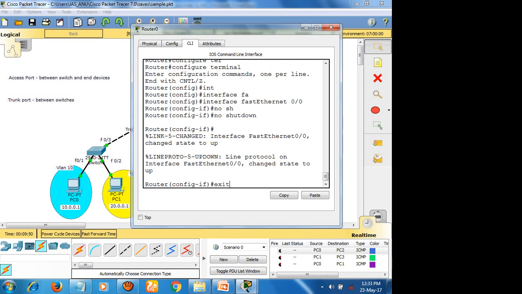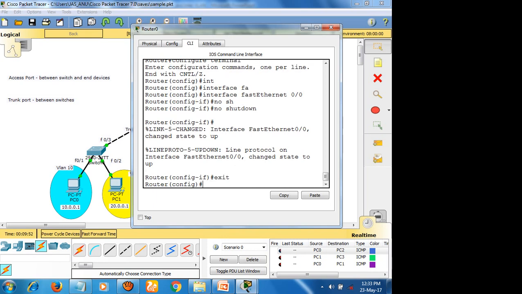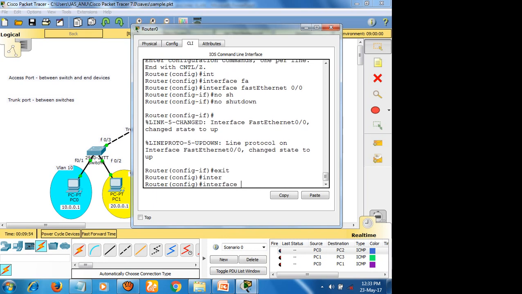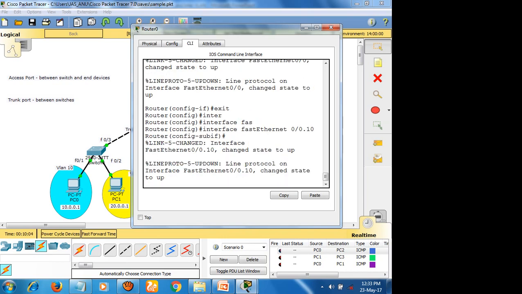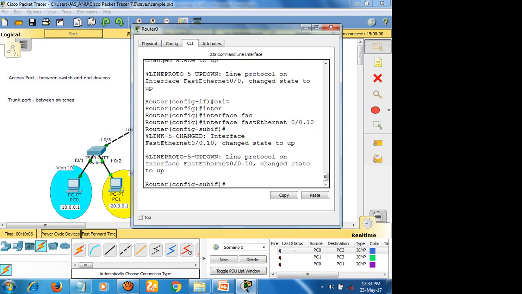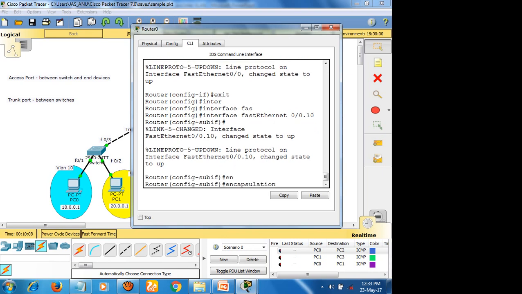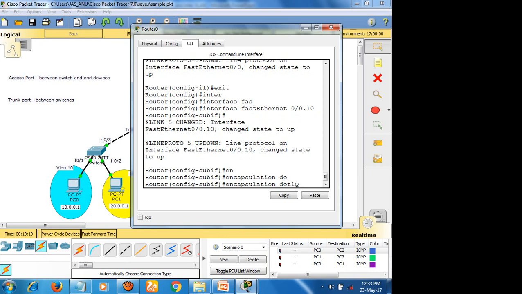So how do we create? Come out from the interface. Now go to interface FastEthernet 0/0.10, and give a command called encapsulation dot1Q 10, which means whatever VLAN 10 packets are coming will be encapsulated.